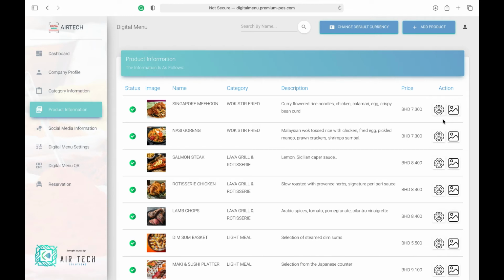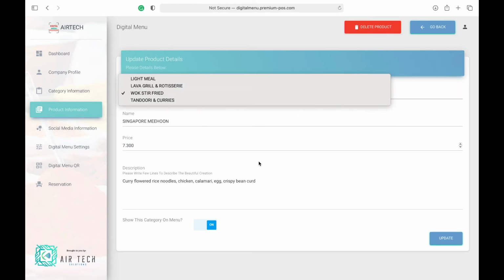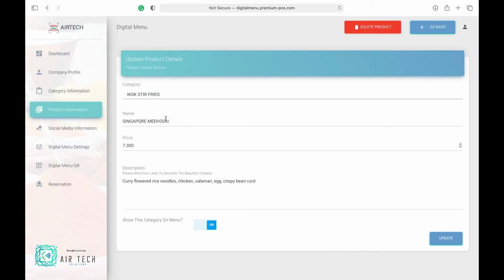If you need to edit the information about a particular product, you need to press the edit button, and you will be presented with this screen. Here you can change the category, the name, the price, as well as the description, and you can also decide if you want to show this particular product on the menu or not.